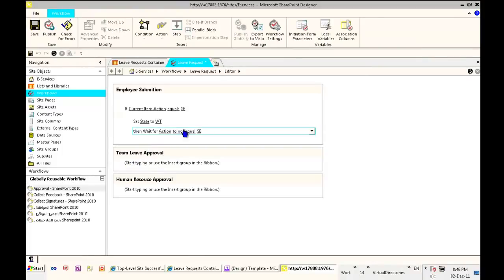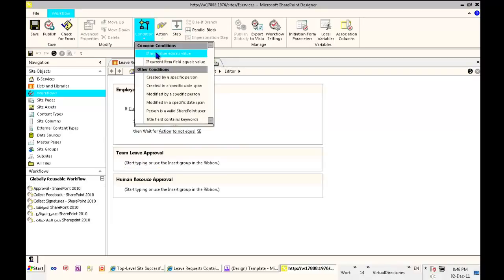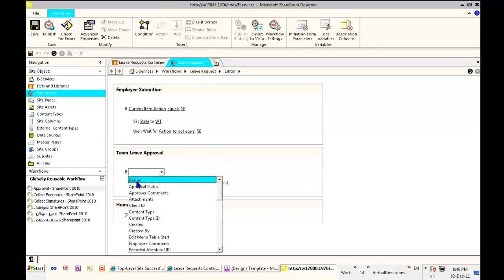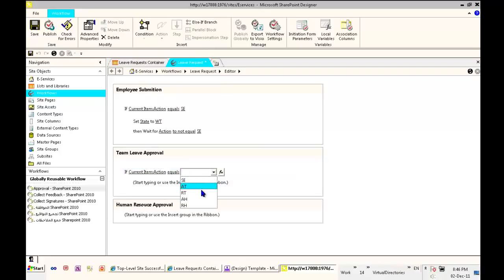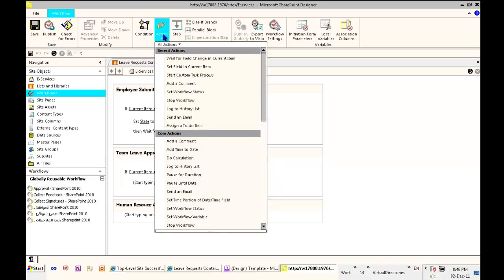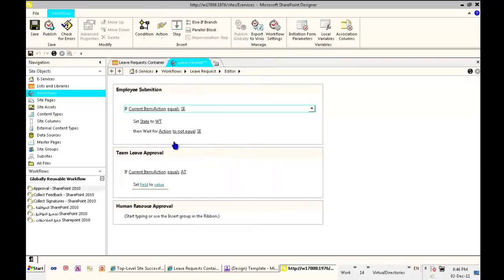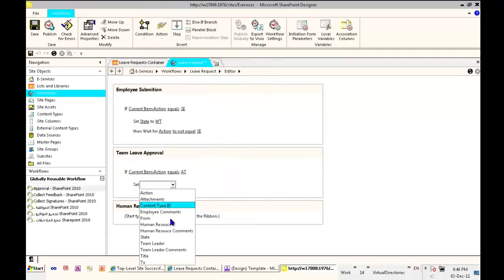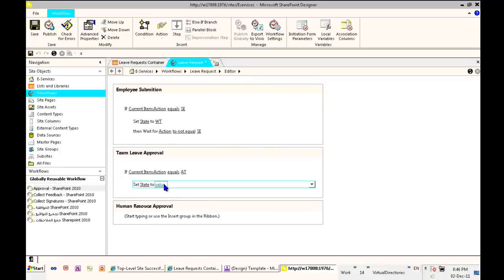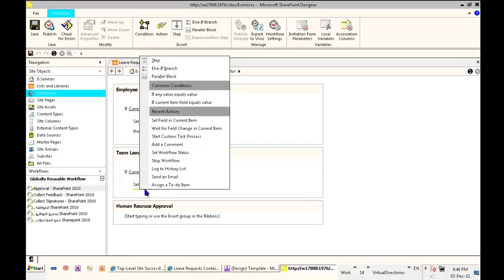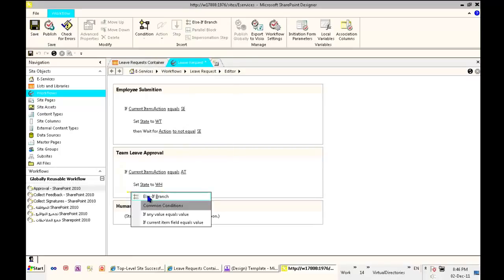So here, suppose SE is changed to anything, so here we will now check the value. If the value of the action is equals to approve team leader, so we will move the item. We set the field to the state of waiting the HR. Okay. Else we just right click here and add else branch, which means that the current item is